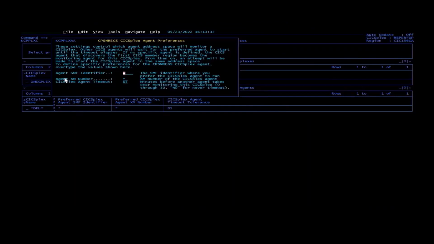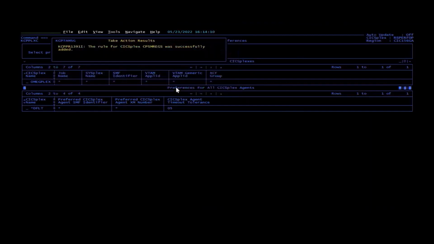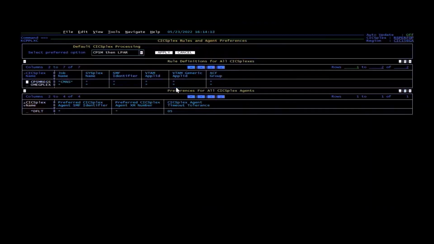I could select the agent that will control this CICSplex by putting in the name. So I could put in RSC1 if I want the agent on LPAR1 to manage this plex. I'm happy enough with asterisk and let it take the default. I can also see some CICSplex agent timeout values, right? How long it will take before an agent takes over monitoring of this, and I'm happy to leave the defaults. So if I hit enter now, and I hit PF3, you'll see I've added all my CMASs to this particular